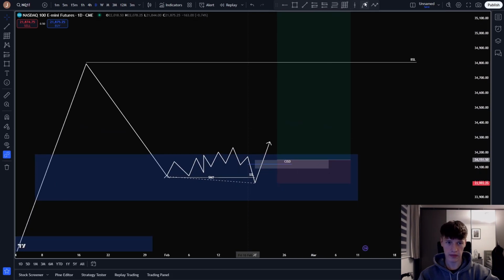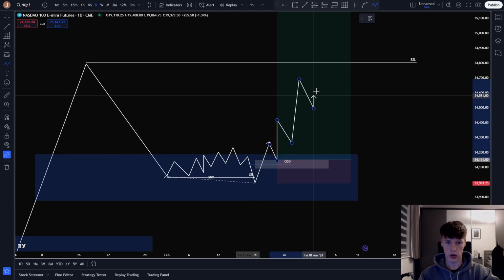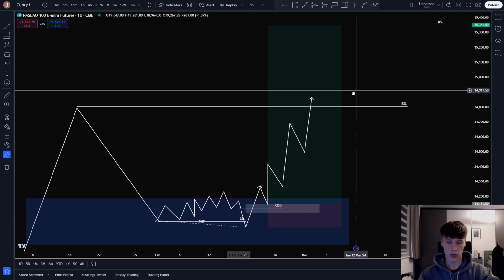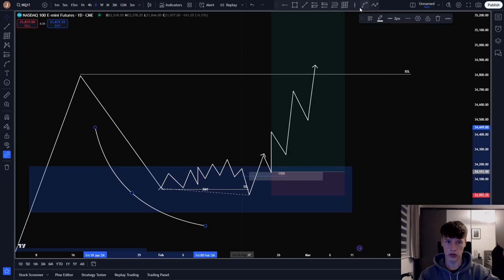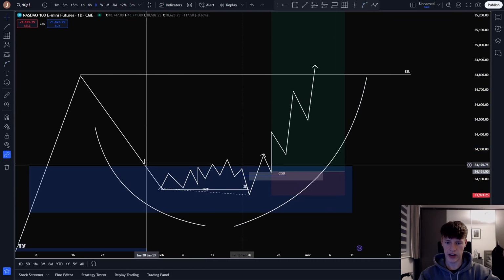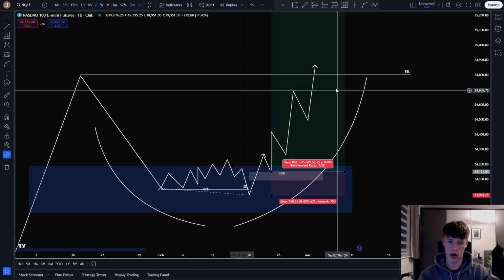On a 5-minute time frame now, price comes back in, taps you in, and then goes up to internal buy side, and then it can continue higher because you are aligning the model on the internal time frame. You've got your sell side of the curve, your buy side of the curve,